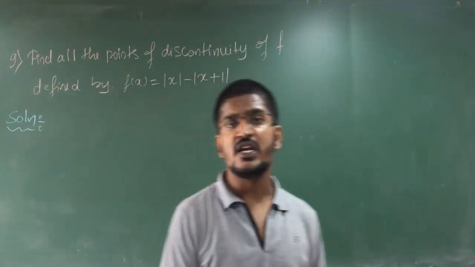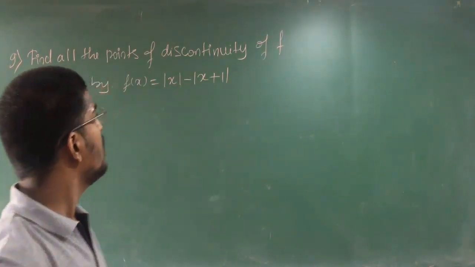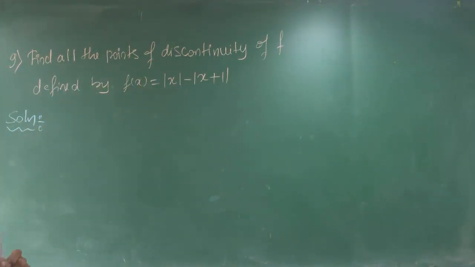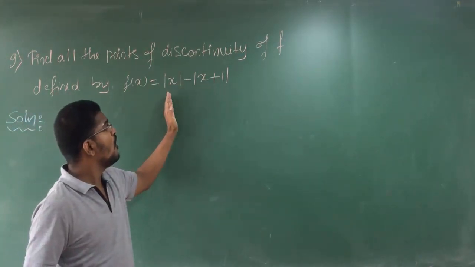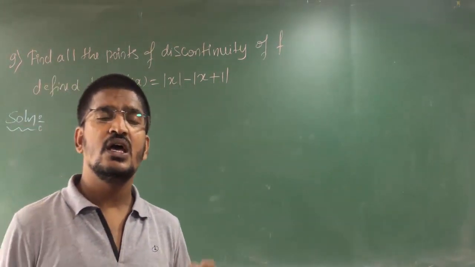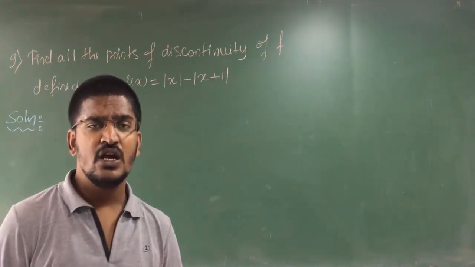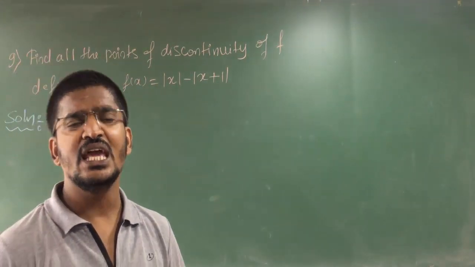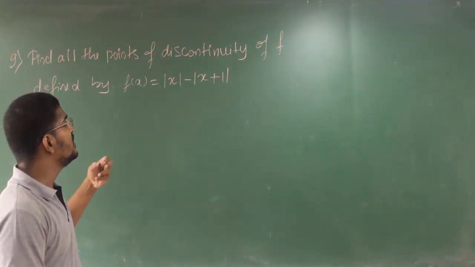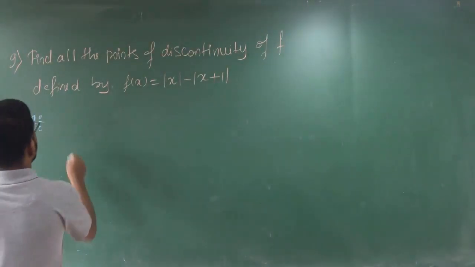Okay students, now let us go for the 9th problem, that is find all the points of discontinuity of f defined by f of x equal to mod x minus mod of x plus 1. That means here you have to find the points of discontinuity. Clear students? If you want to find the points of discontinuity, again you have to see whether it is continuous or not. So for that reason, see here, we know that